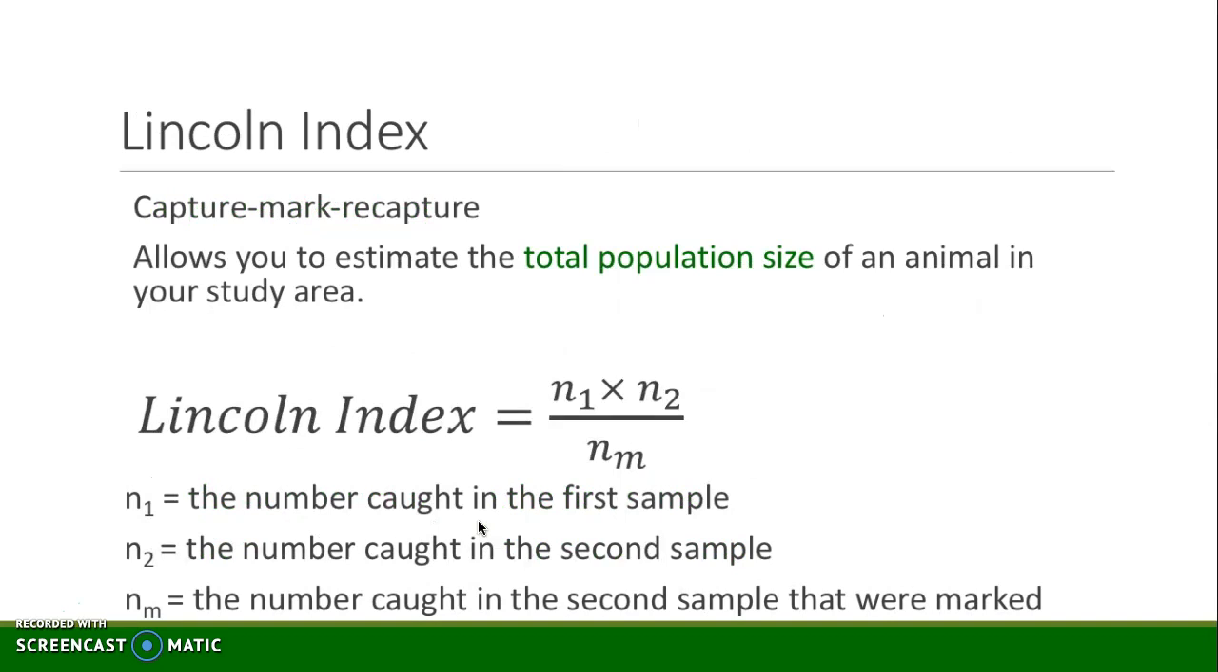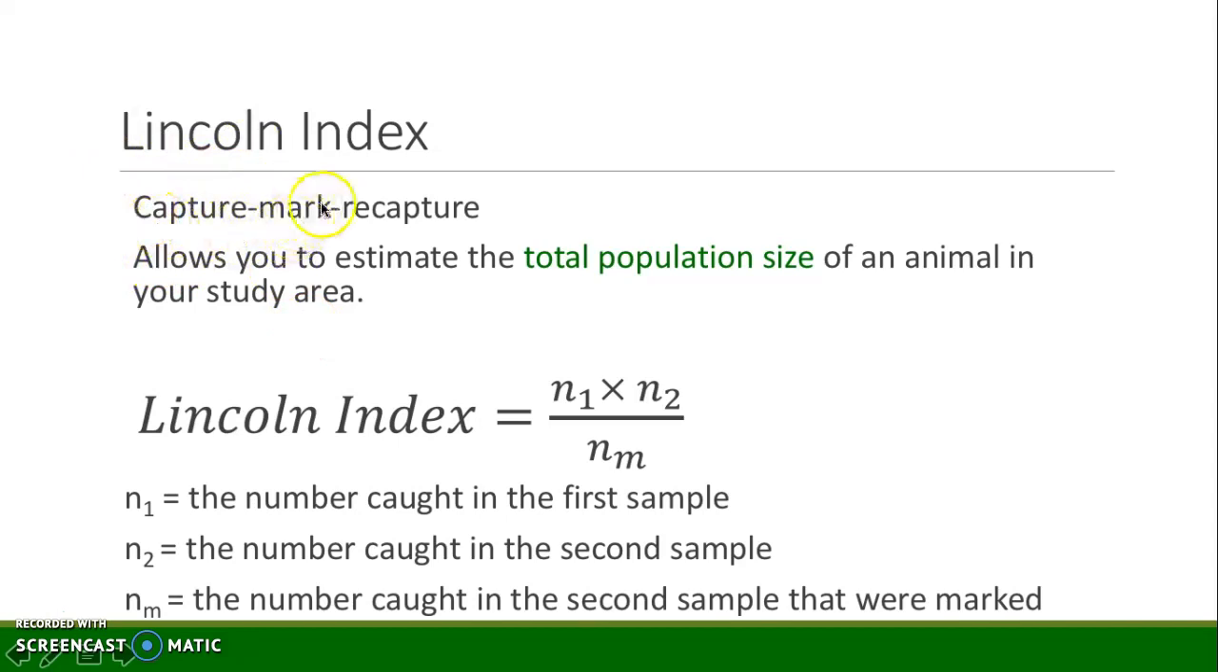Then we have two calculations that we need to be aware of. One is the Lincoln Index. The Lincoln Index is a way of calculating the population of mobile organisms for just one species of organism. This is, again, an estimate, so it's not going to be 100% perfect, but this is our calculation. To figure out the approximate population, we have to go and capture some of the organisms